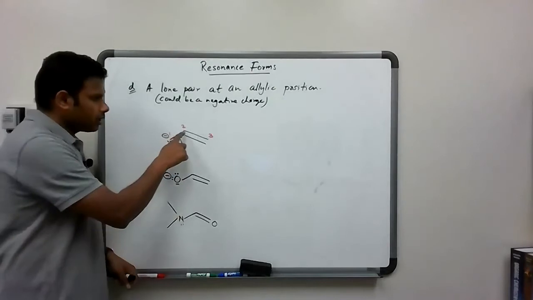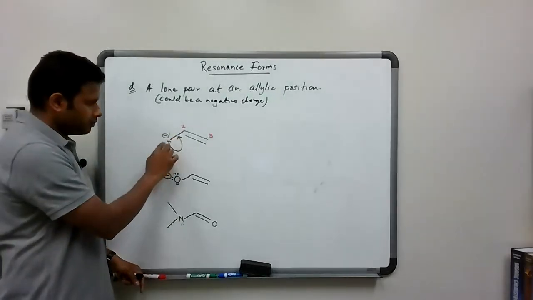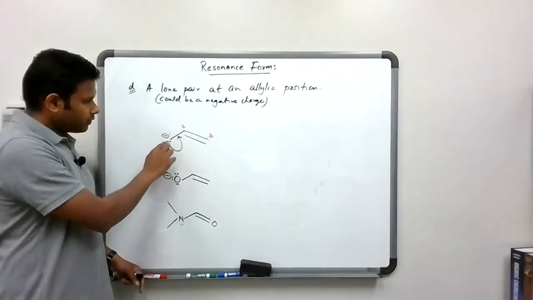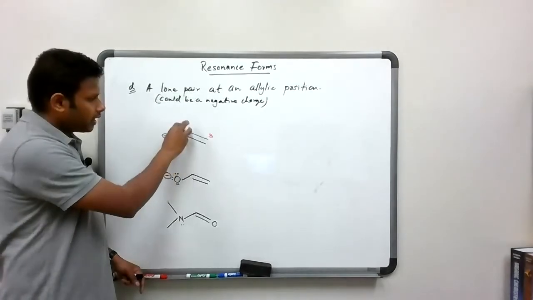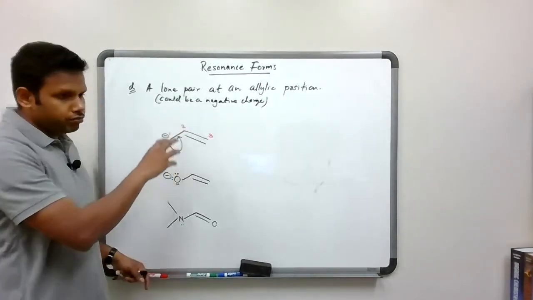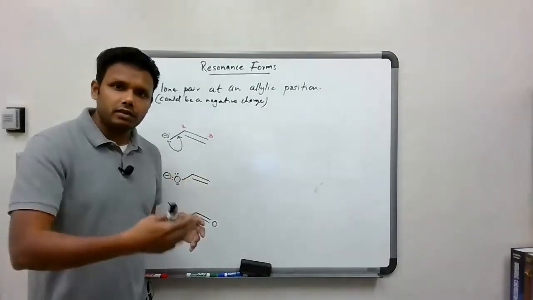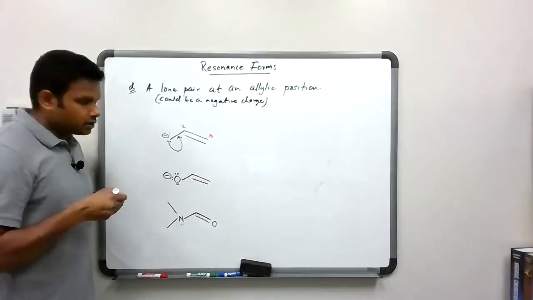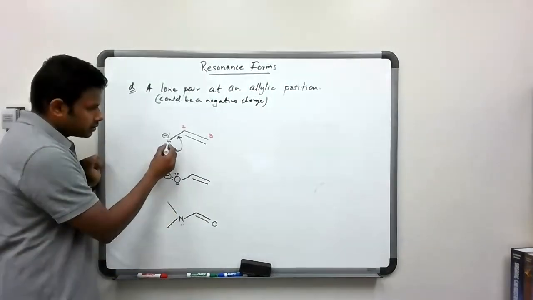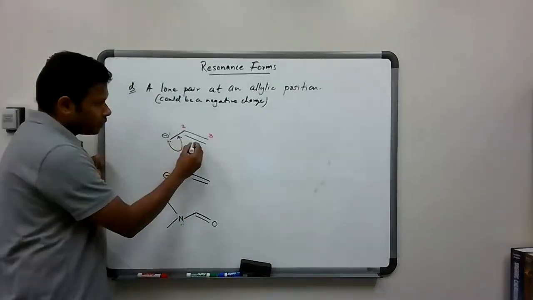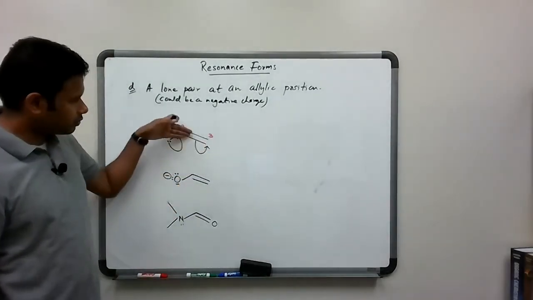Okay, now think about carbon 2. Carbon 2 has a complete octet even before these electrons move. So if I just move that electron pair and put a double bond here, that would put 10 electrons around carbon number 2, which is more than the octet. So, to avoid breaking the octet rule, as this lone pair moves in, we have to move out this other pi bond to carbon 3. So basically push that out,